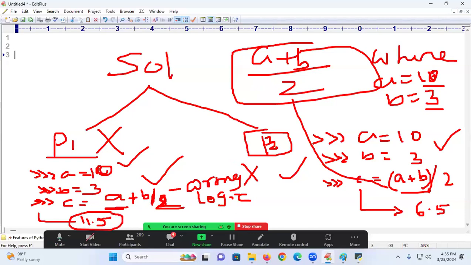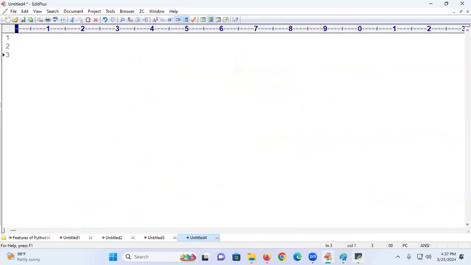So who will find these wrong answers? During the testing time, this type of error can be found. They feel that the answer is correct, but what is happening? In test cases, it is failing. I think you are understanding. Which result is correct? P2 result is correct or P1 result is correct? P2 result is correct, but not P1 result.